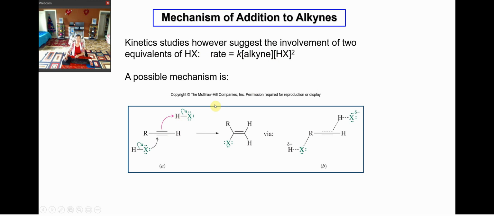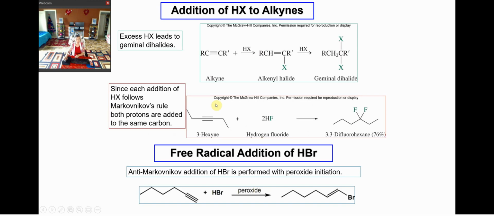So involved in two halides reaction. And also you can add in excess hydrogen halides. As we mentioned, you form this bromohexene, which can further add halides. You are going to follow Markovnikov's rule to produce geminal dihalides, meaning both halogens will be added to the same